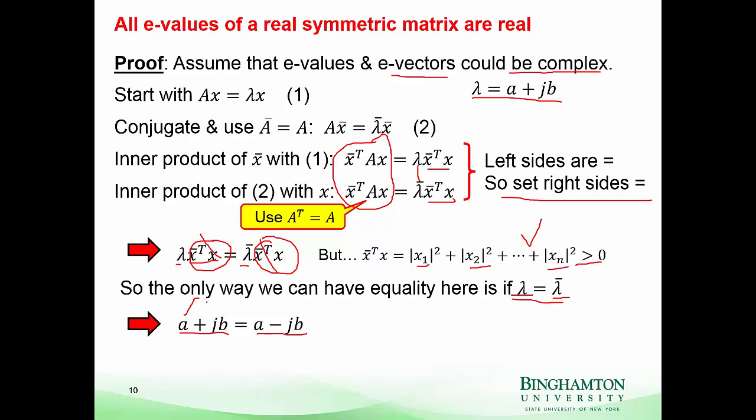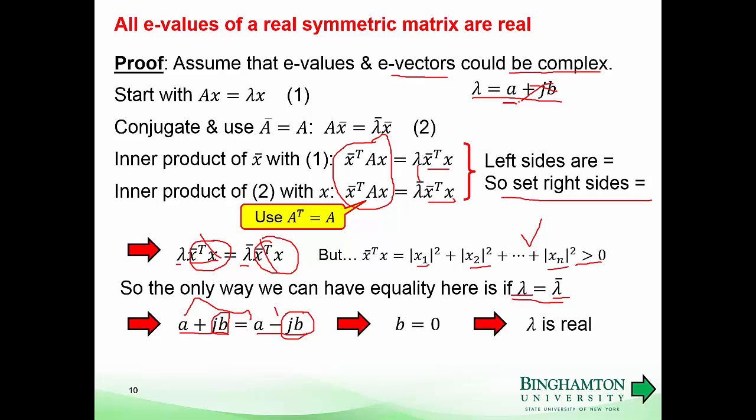So the real parts are equal to each other. The imaginary parts have to be equal to each other, but with a negative sign. So that means that negative b must be equal to b, and the only way that can happen is if b is equal to 0. And when b is equal to 0, coming back up to the top, that means lambda is actually purely real. And so lambda is real. So we just proved that the eigenvalues